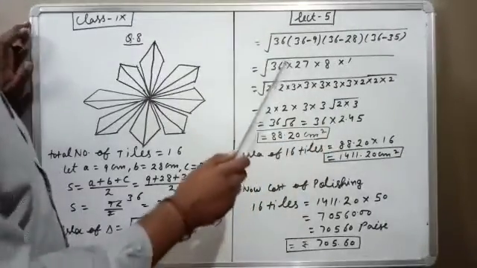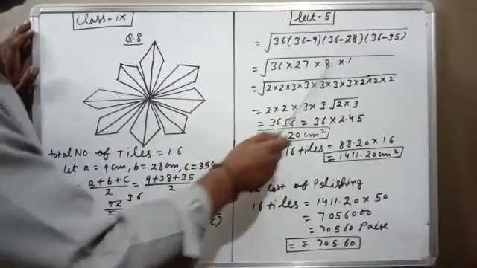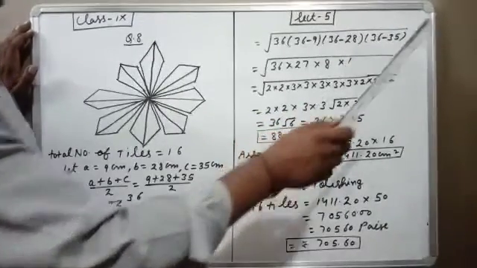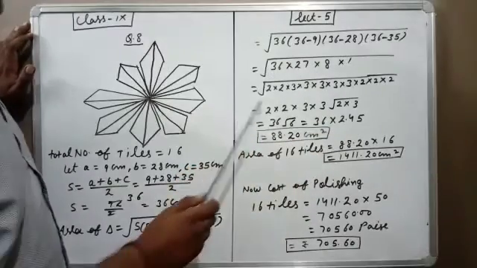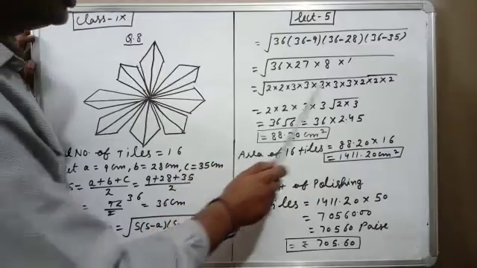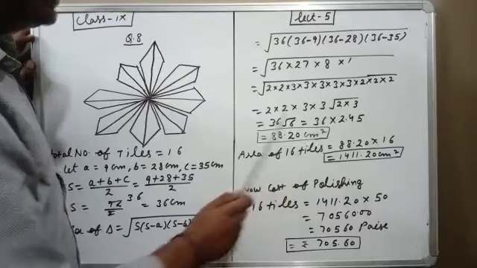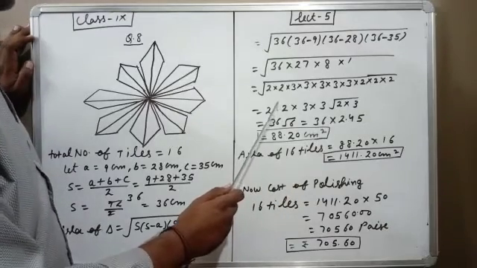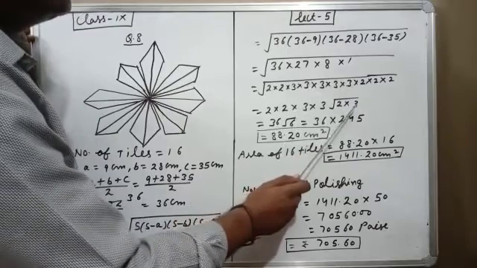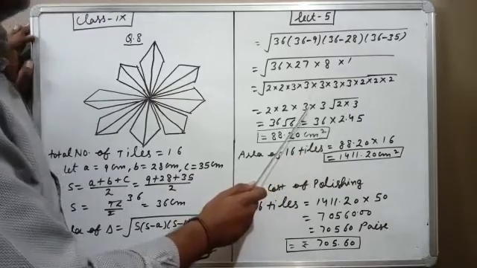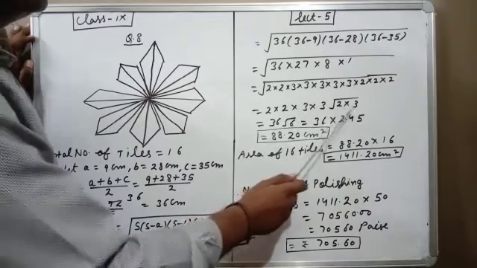Now one by one we will remove the brackets. So 36, 36 minus 9 is 27, 36 minus 28 is 8, and this is 1. So the 1 you can remove after this step. One by one we will make factors of these three values. So let us count the 2s: 1, 2, 3, 4, 5. So 1 two will remain inside the square root and 2 twos I can write outside the square root. Now I will count 3s: 1, 2, 3, 4, again 5 times. So 1 three will remain inside the square root and 2 threes I will write outside the square root. So after multiplying these four values, I get 36. 2 into 3, this is root 6.